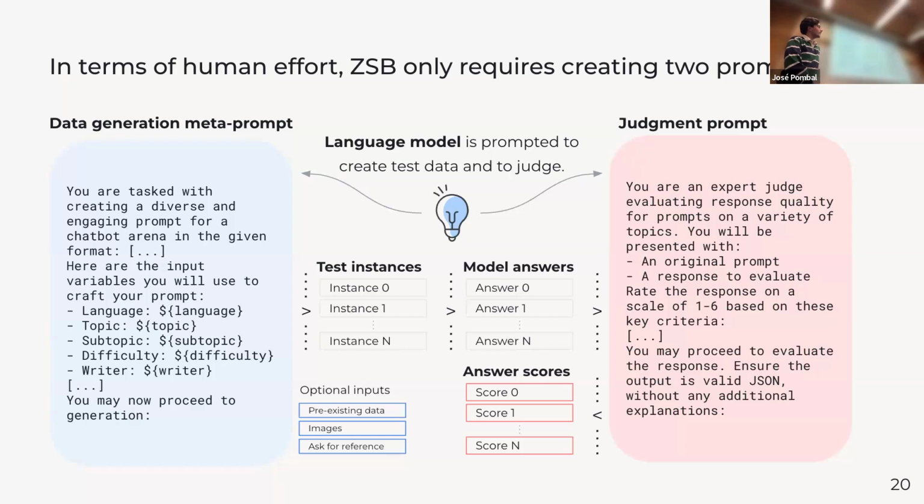One more conceptual takeaway from ZSV is that your time is better spent figuring out how to describe what it means for an instance to be difficult in your task, and iterating on that, instead of spending that time creating difficult instances. From our experience, if you have a specific enough prompt or generation process, you will be able to get there with language models, and that's much more scalable than having humans create the instances themselves.